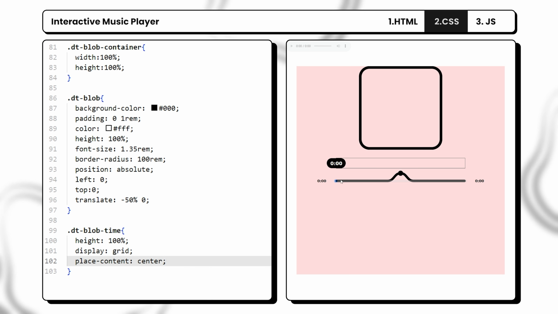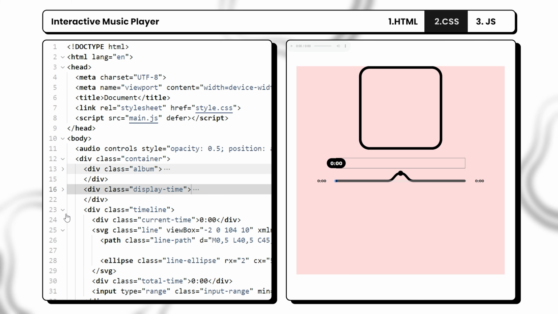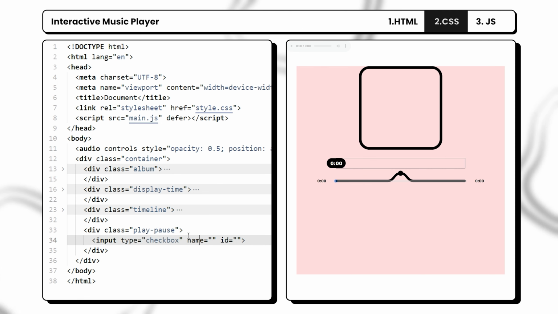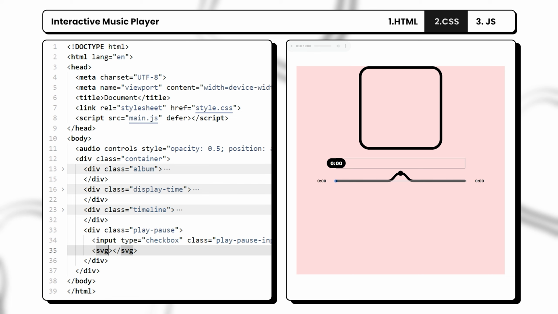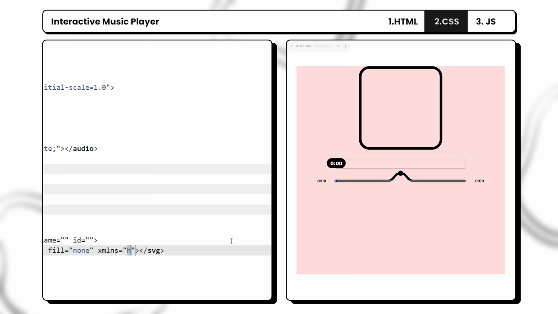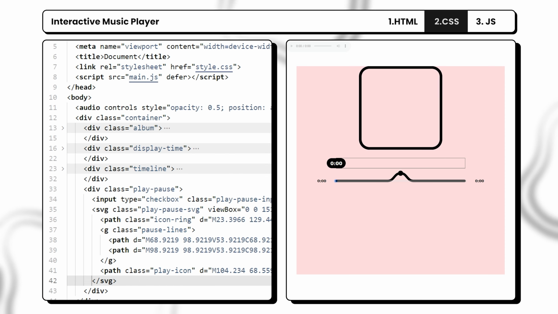So now it looks like this, and the next thing we will work on is adding the play and pause button. So we will go to our HTML and we will collapse these divs, and we will add our play pause div under our timeline div. And then inside it, we will add an input of type checkbox, and then we will give it a class play pause input. Then we will add an SVG, and we will give it a class of play pause SVG, a viewbox of 0, 0, 151, 151, a fill of none, and for the XML and S, we will add the w3.org website. And instead of writing the paths and groups inside the SVG, I will just paste them in. Again, you can copy everything from our website under the assets section,